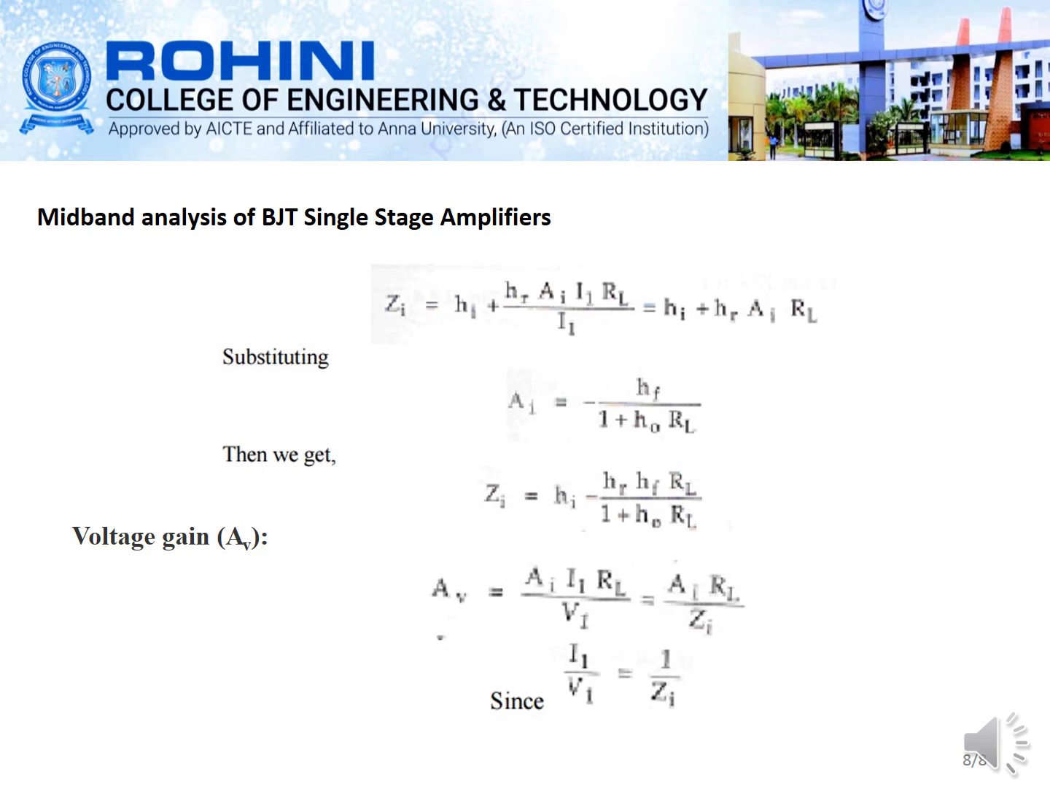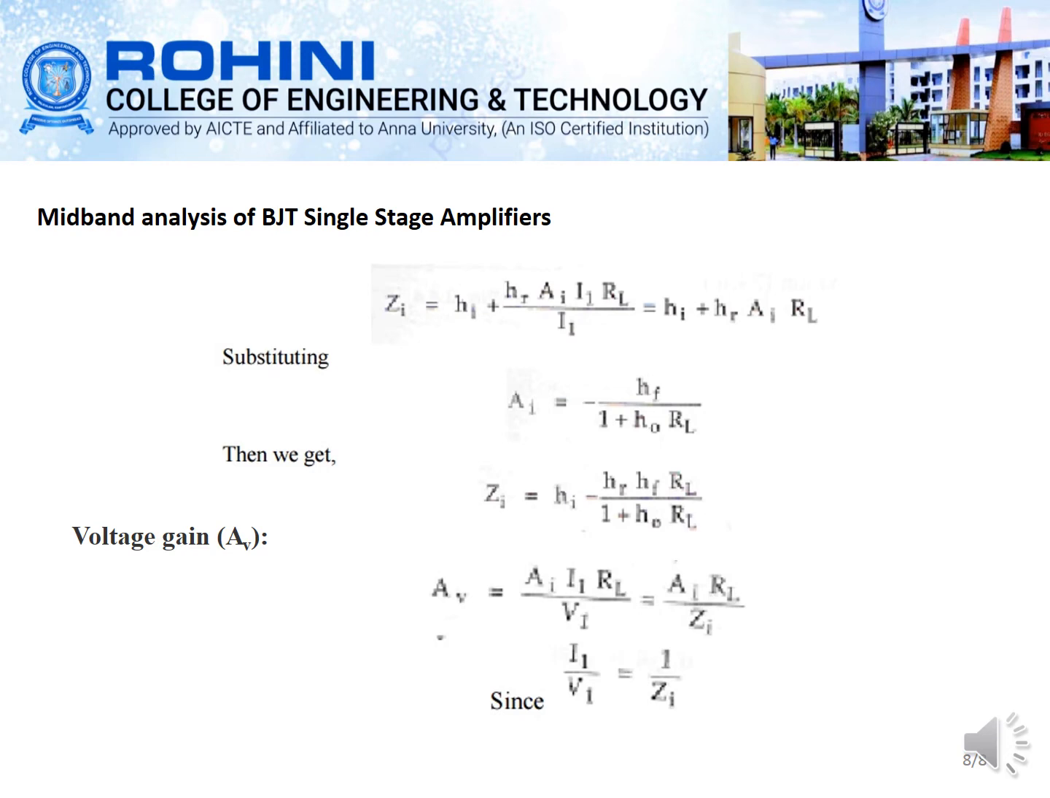Next, finding the input resistance, ZI is equal to HI plus HR into AI into IL RL divided by I1. So you can cancel the term of I1, and substituting the value of the current gain AI, that is minus HF divided by 1 plus H0 into RL, in this equation,